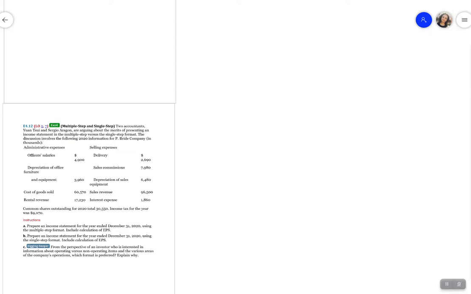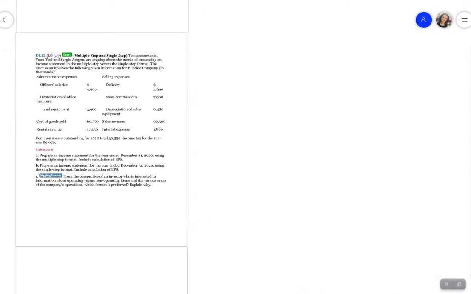Now 1412 is asking us to do a multi-step and single-step statement. Two accountants, Yun Tsai and Sergio, are arguing about the merits of presenting the income statement in a multi-step versus a single